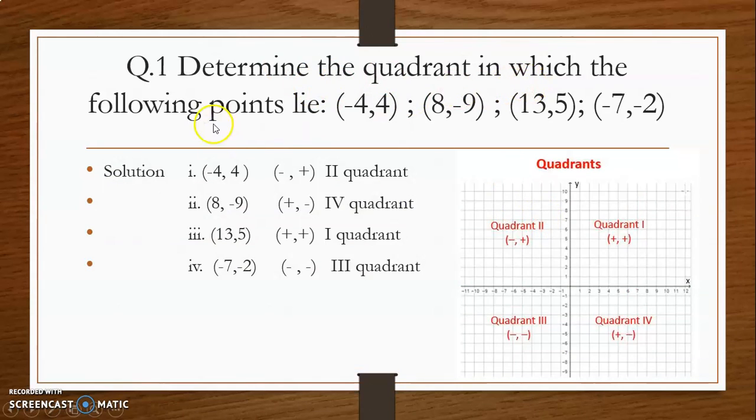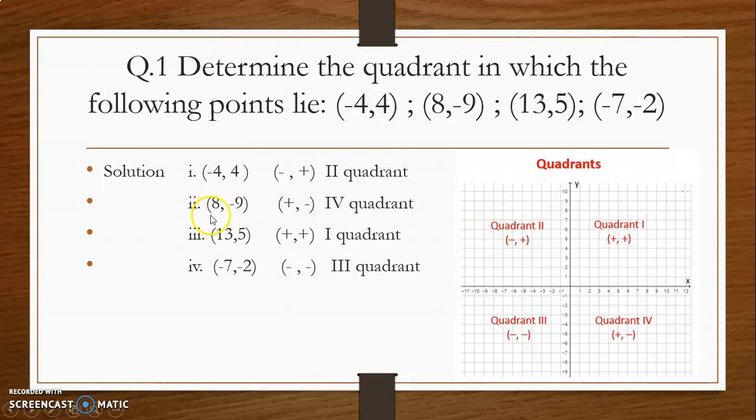Take one more example question for this. Determine the quadrants in which the following points lie. So just by seeing the points, you have to tell in which quadrant it will lie. See, in the first quadrant, both the numbers have to be positive. But the first one, when we see, is not both positive. Here the first number is negative. See the quadrant number 2. Here on the x-axis, all the numbers are negative, minus 1, minus 2, minus 3. So the first one is negative. Whenever the first one is negative and the second one is positive, it is the second quadrant.